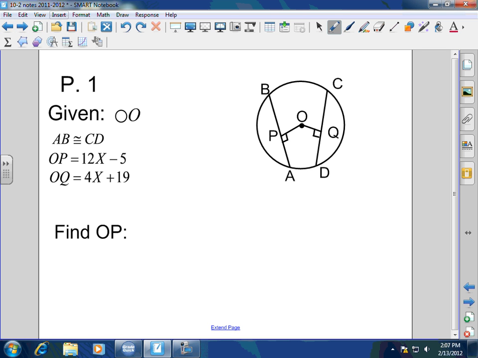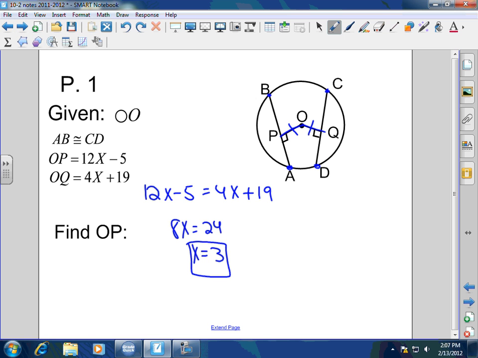Okay, I had like 7 people tell me the same thing. What they all said correctly was, since AB is congruent to CD, you have two chords within the same circle that are congruent, that means they will be equidistant to the center. So OP must equal OQ. So I got 12x minus 5 equals 4x plus 19. I've got 8x equals 24. So x equals 3. So what would OP be? It'd be 36